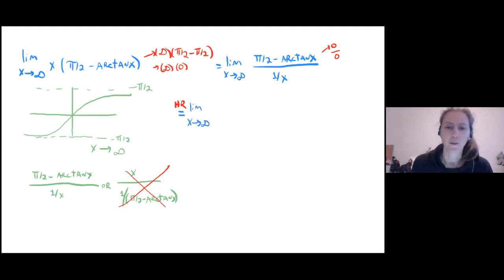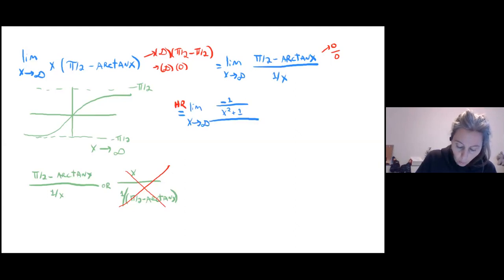Now remember, pi over 2 is constant, derivative of a constant is 0. So that's just 0. Derivative of arctan x, 1 over x squared plus 1. So this is negative 1 over x squared plus 1 over negative 1 over x squared. So now, if I were to immediately plug in that infinity again right now, I would get 0 over 0